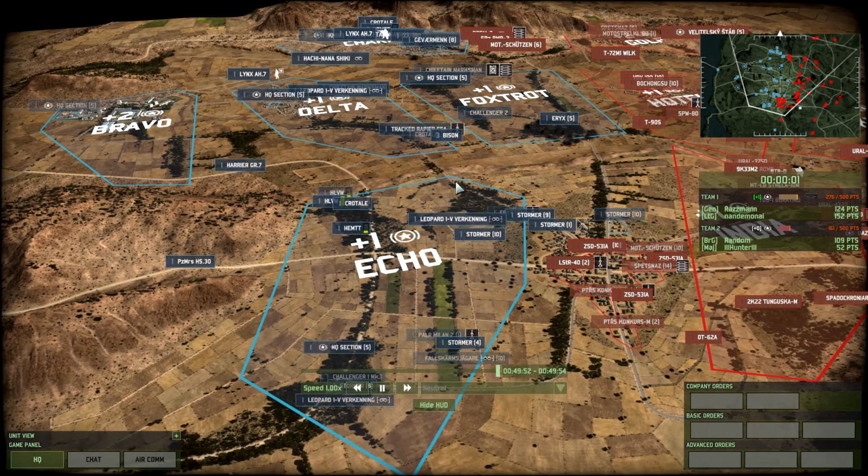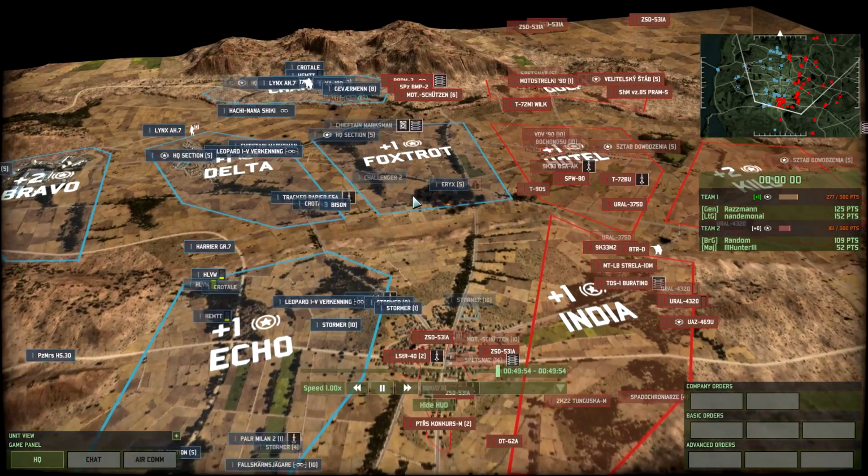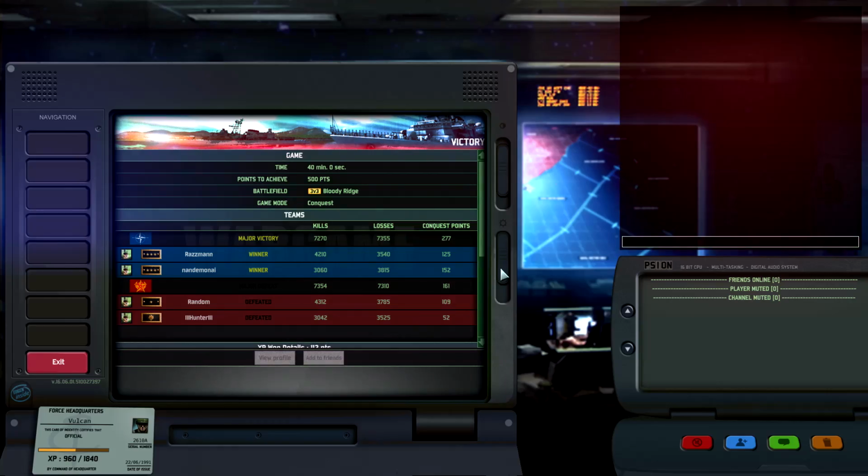So with that, the game is over, and in 40 minutes exactly, Razman and Nandemann take a major victory over Random and Hunter, who are WTF into space. And as you can see, the kills to losses were actually in favour of WTF into space, but I think in a lot of ways the lead really came from the way that WTF did not push from the town in the bottom side,